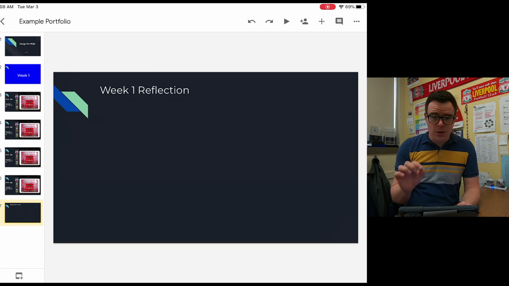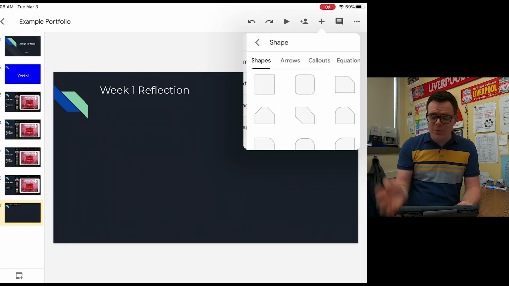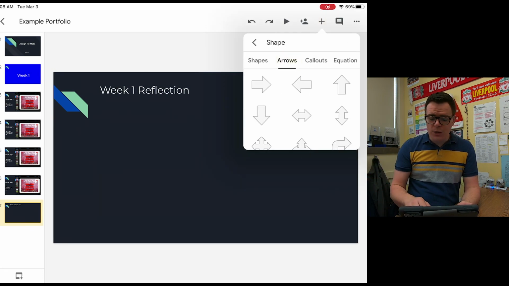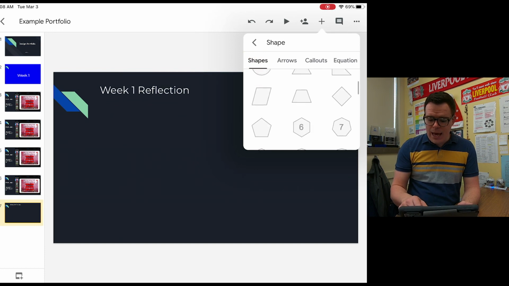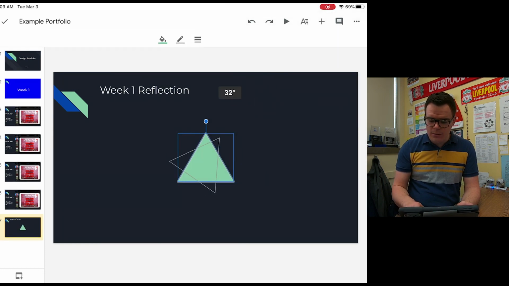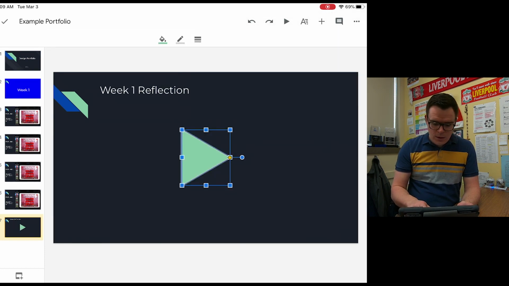Now, because I'm currently screen recording, I cannot actually shoot a video, so let's just do a little bit of pretending and pretend that we just shot a video, okay? If we shot a video, then what we would need is something to link the video to on your slide. So I'm just gonna add a shape, real simple. I'm gonna add a little triangle. So it's gonna be like a play button, right? And then